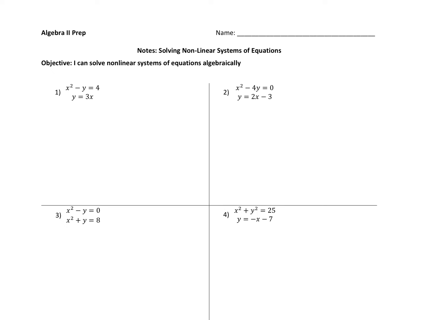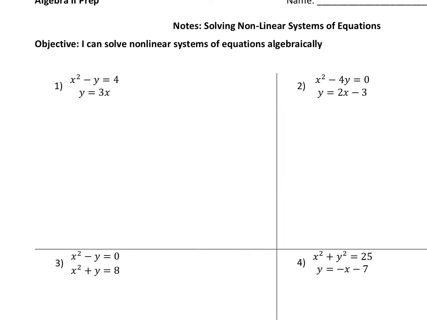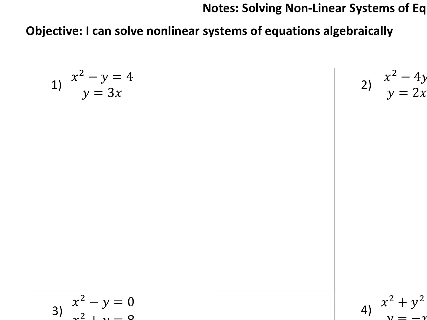In this video, we are going to talk about solving systems algebraically. So if I look at this first question, number 1, I can see that y is equal to 3x, so then I can substitute 3x in for y in the first equation. So what I'm going to do is I'm going to have x squared minus 3x equals 4, because again, I'm